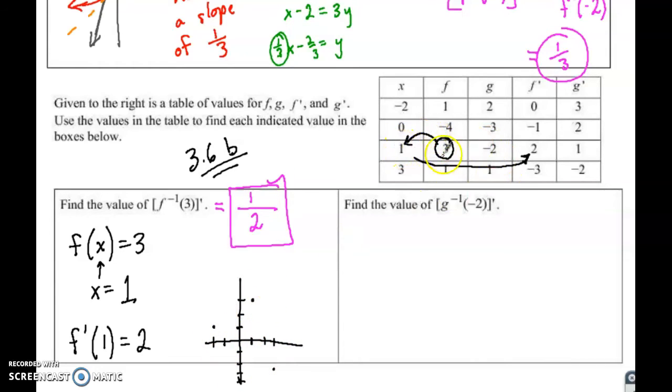But at 1, 3, this function has a slope of 2. So whatever the tangent line is, has a slope of 2. So that means it's going like this, this is your tangent line right here. Again, I'm graphing f, so maybe I'll just make it like an upwards U shape like this. The premise then, and maybe I'll switch colors, that your tangent line is this green color now, is if you were to look at the function that is reflected over the line y equals x, so I'm drawing y equals x for you,